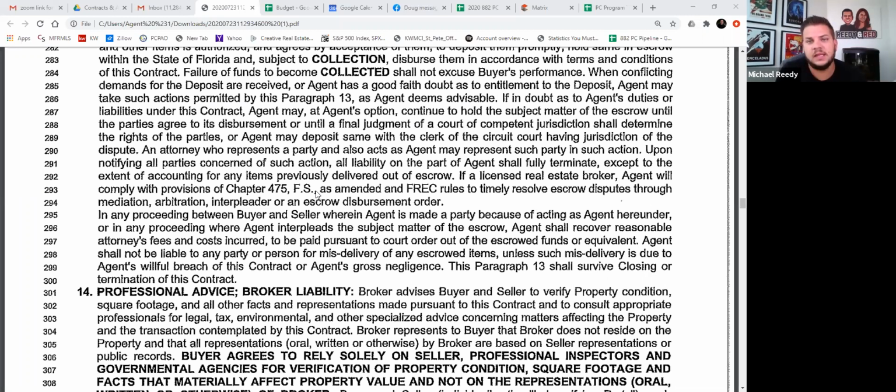I'm not writing anything, but it is to make sure that you are familiar with the language that is here and remembering the process of what needs to happen in terms of notifying FREC about an escrow dispute, that no one has made a decision, how you intend to move through, and make sure that buyer, seller, whether we're moving through arbitration or mediation, in any proceedings between buyer and seller where an agent is made a party because of acting as agent